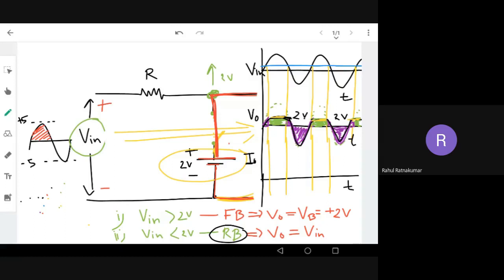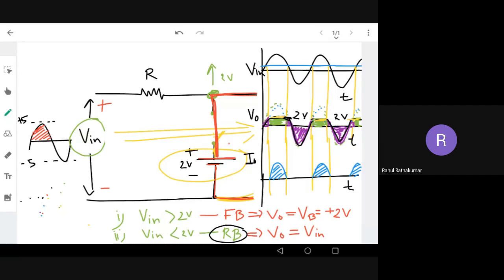And what is the current? It directly follows the voltage. So the current waveform will be like this. This will be the current waveform, and this is continuous like this. So this is my current waveform. Okay. So you can see this because only at this point my diode is on. When my diode is on, only then is there current. In other cases, the diode is cut off. There is no current. Okay. So that is the current waveform I have drawn.